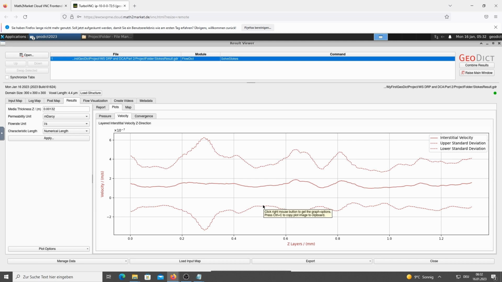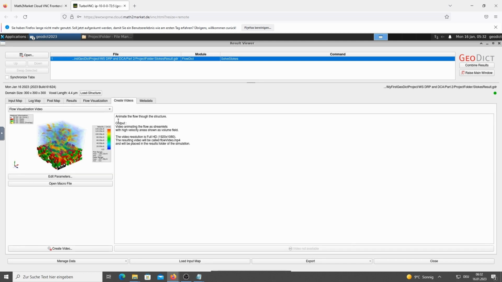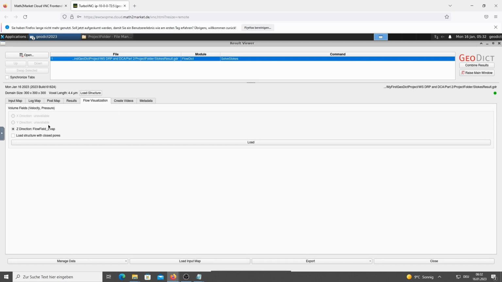Now we want to visualize the results. The Create Videos tab allows you to create a video automatically. But in this workshop we want to do a manual visualization. To do this, we switch to the Flow Visualization tab. We select the flow field in Z direction and click Load.